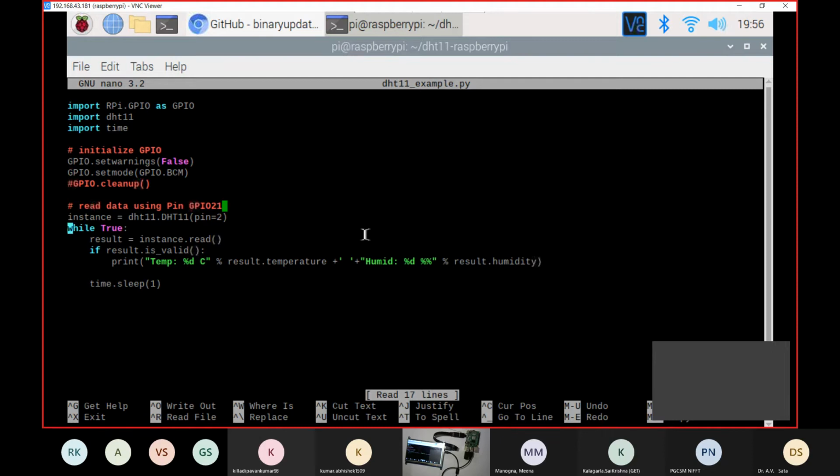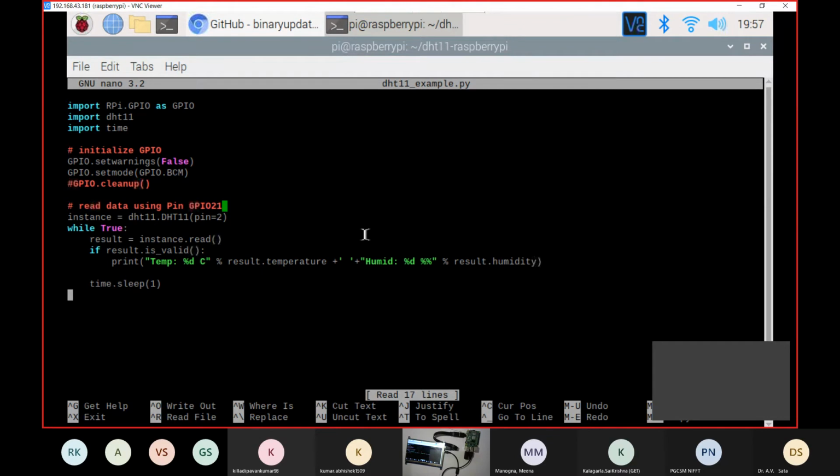This code is by default from the cloning of our DHT repository. When I used sudo git clone and that URL, it downloaded this library alongside other libraries that are required.